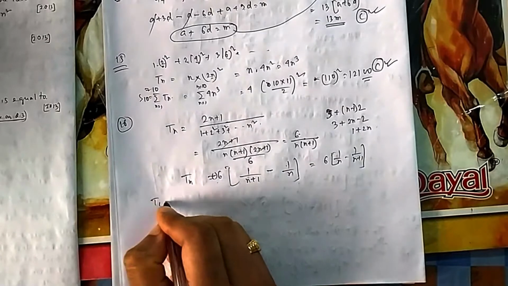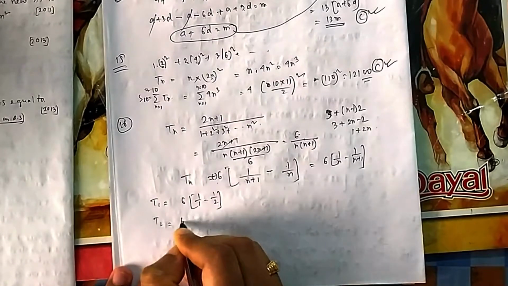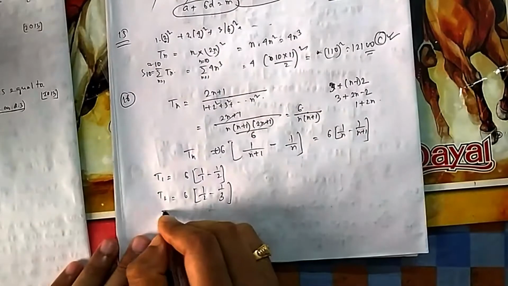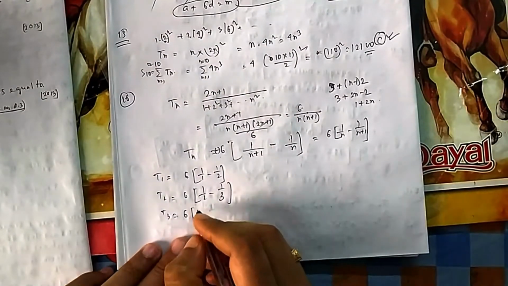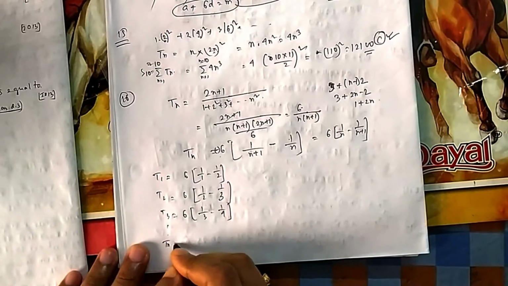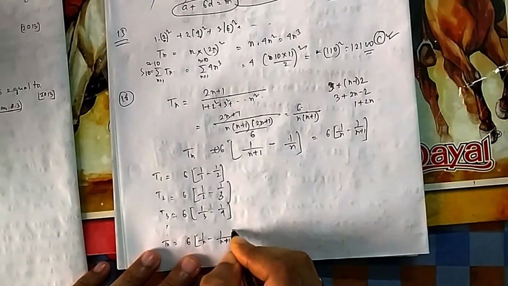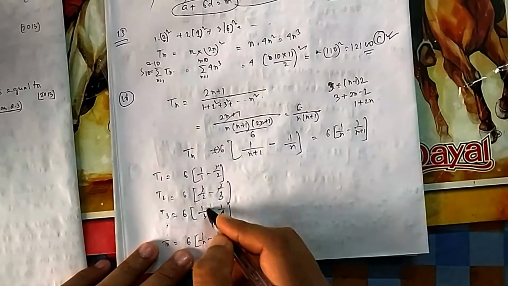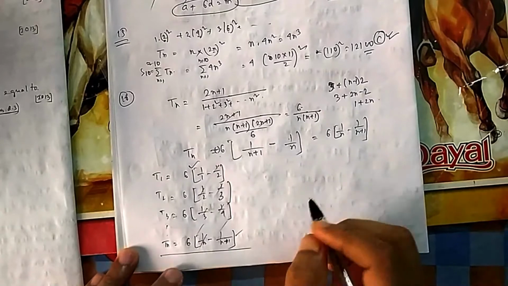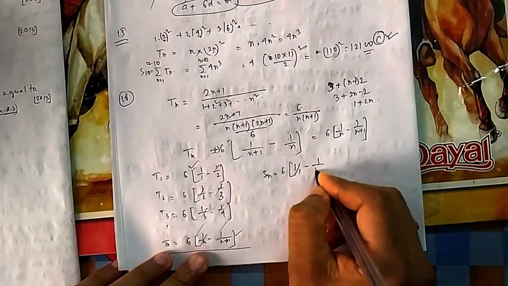Now what is the benefit of this one? If you write the sum of the terms, it will get cancelled. The first term is 6 into (1 by 1 minus 1 by 2), T2 is 6 into (1 by 2 minus 1 by 3). You can see 1 by 2 gets cancelled because the minus is there. We have seen this method, I have explained it in theory. Then 1 by 3 minus 1 by 4, so again 1 by 3 gets cancelled. If you come to the last, nth term, it will be 6 into (1 by n minus 1 by n plus 1). Whatever comes last gets cancelled with the earlier term, so only the first term and the last term are left. If you add all these, your Sn is left with 1 by 1 and then minus 1 by n plus 1.